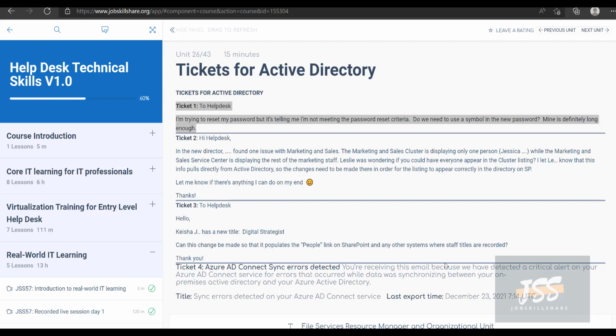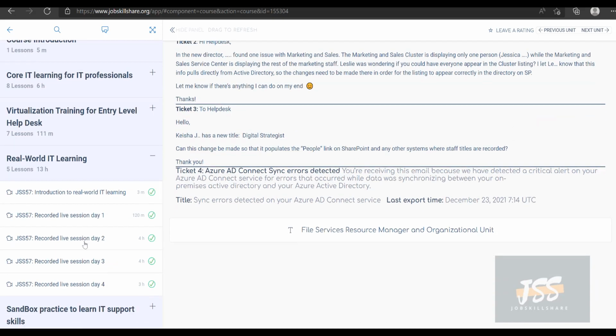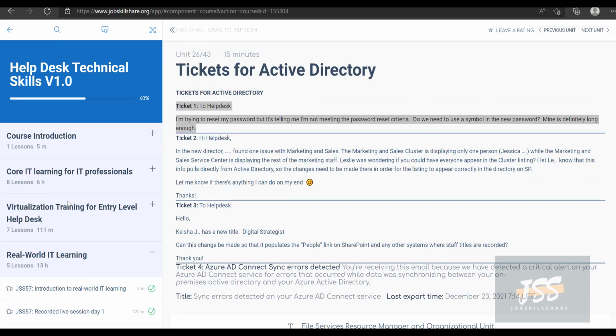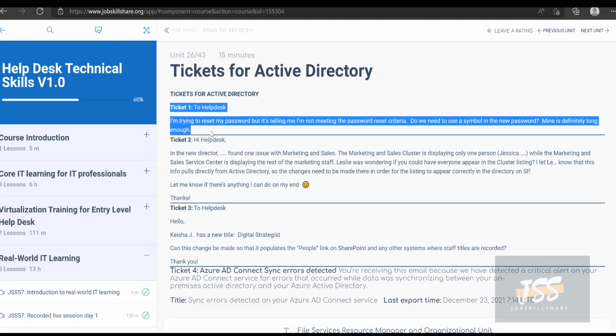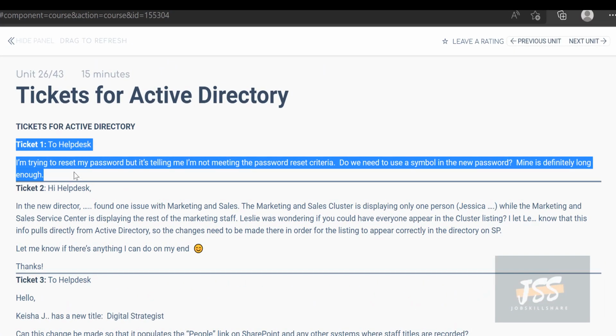Welcome to the new section, which is tickets for Active Directory. This is part of the labs that we are doing in our technical skills course, which is called Helpdesk Technical Skills V1.0. Now, this first 60 seconds is basically a quick solution to the ticket, because a lot of people watch this type of video and they want a quick solution, but the actual learning starts after